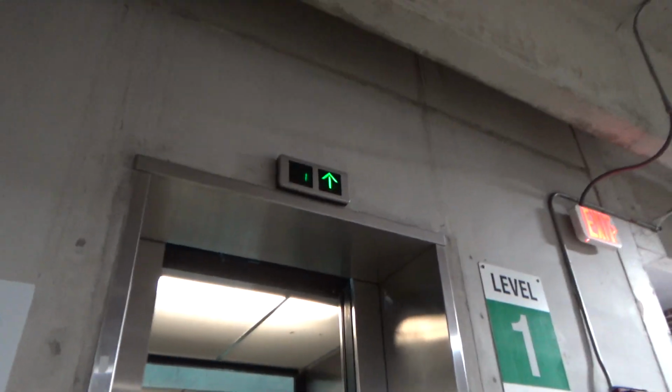We're here at the Aquarium parking garage, or one of the parking garages here at Aquarium, here at Roanoke. And we have these glass Otis Series 1s here,